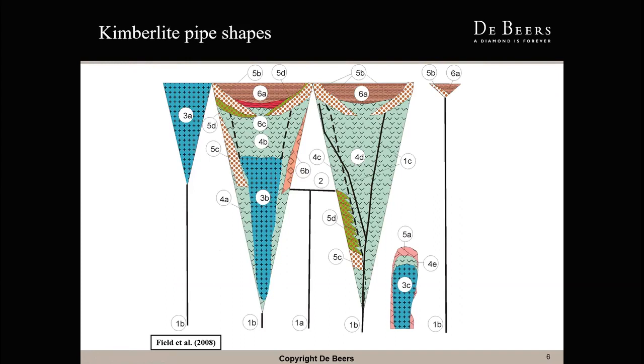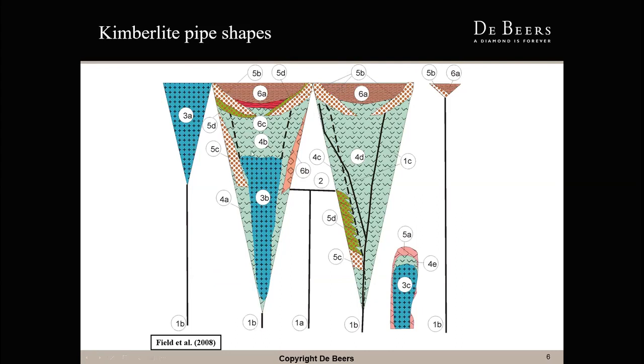There are a number of factors which impact the shape of a kimberlite pipe, not least of which, of course, is the country rock geology, but also things like the magma rheology, the water content or availability of water, volume of magma, etc. So in this diagram, you can see basically your typical Orapa style pipe on the right-hand side,